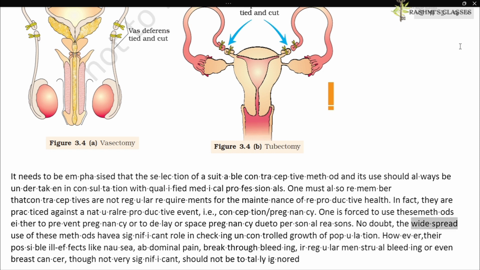No doubt, the widespread use of these methods have a significant role in checking uncontrolled growth of population. However, their possible ill effects like nausea, abdominal pain, breakthrough bleeding, irregular menstrual bleeding or even breast cancer, though not very significant, should not be totally